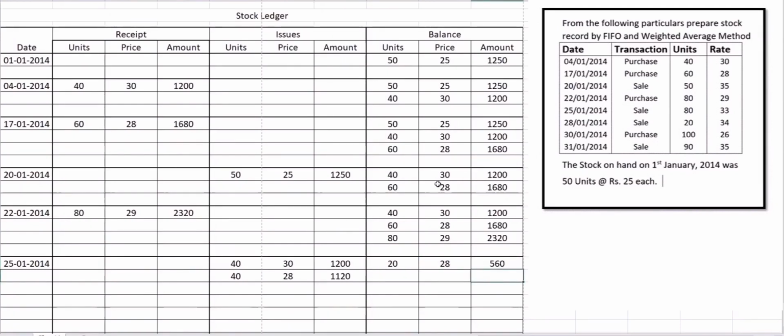And out of these 80 units we have issued no unit, that is why 80 units are left with us. 80 units at the rate of 29, that is 2320 rupees. After issuing these,